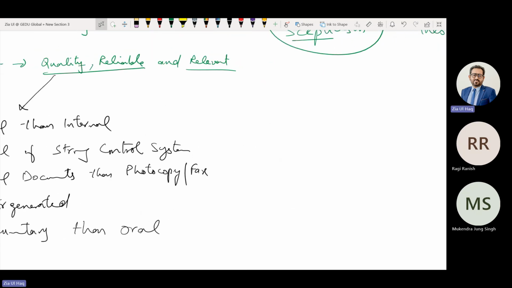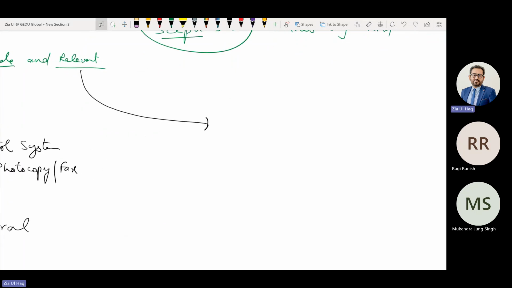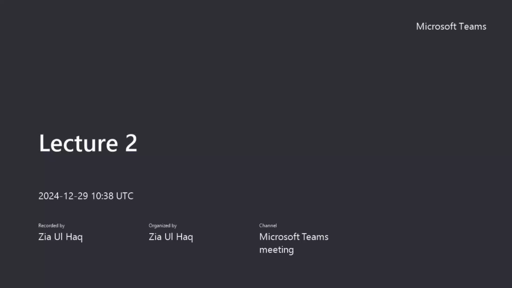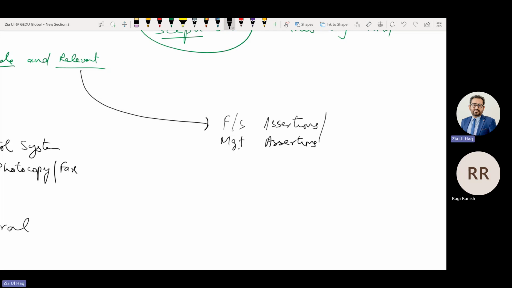What does it mean by relevant? Audit evidence will be relevant if it supports financial statement assertions. The term financial statement assertions is also called management assertions. What is meant by assertions?